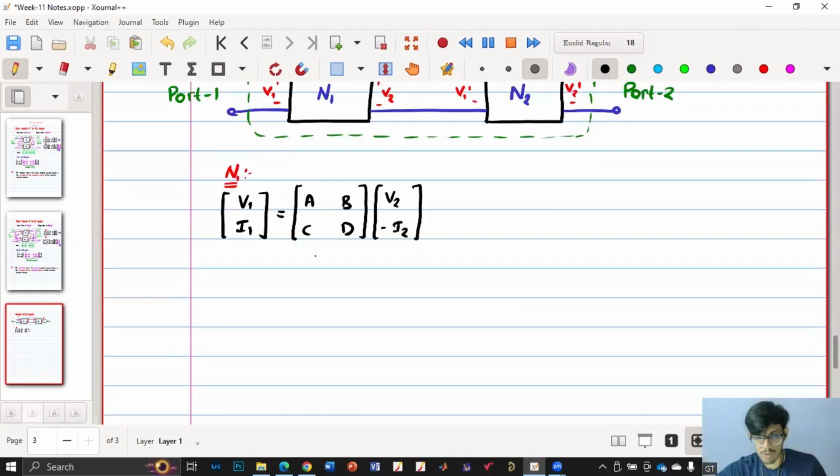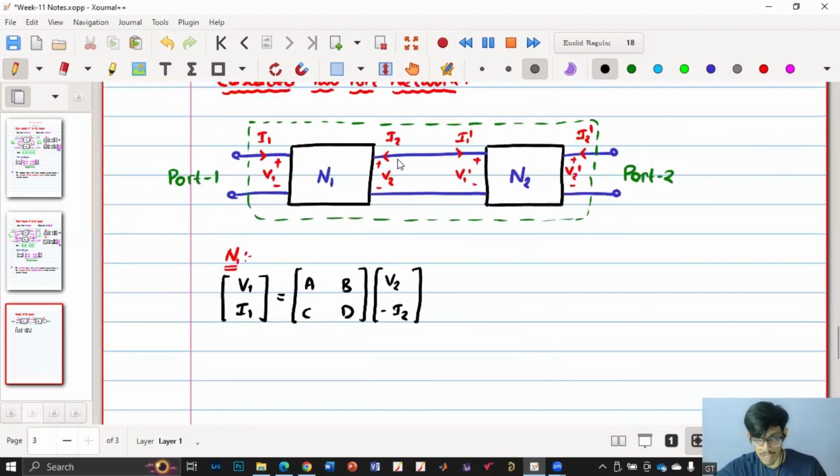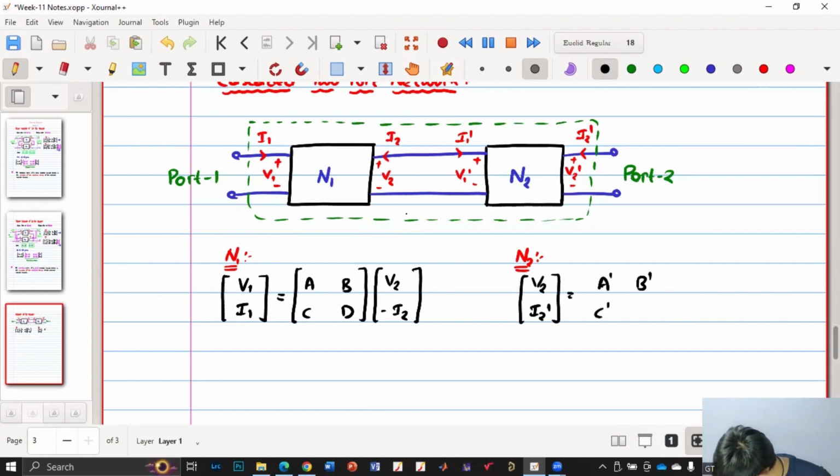So minus I2 should be considered in the other direction because we are considering as if it is giving to the load. So we have already discussed this in the last week. If you have any queries, you can go through that. So now N2, we have V2, I2 dash equal to A dash, B dash, C dash, D dash into